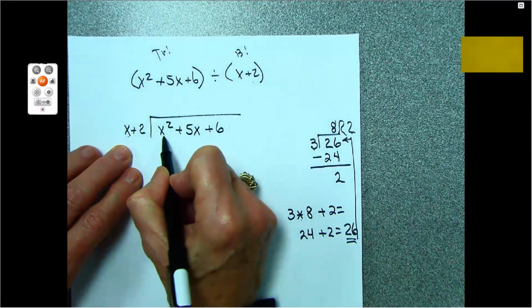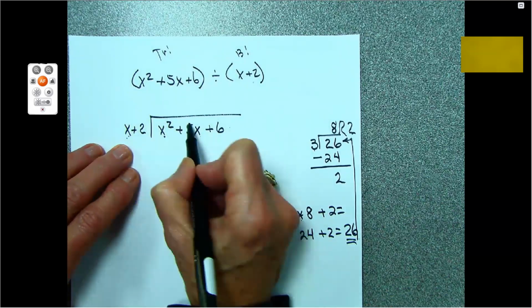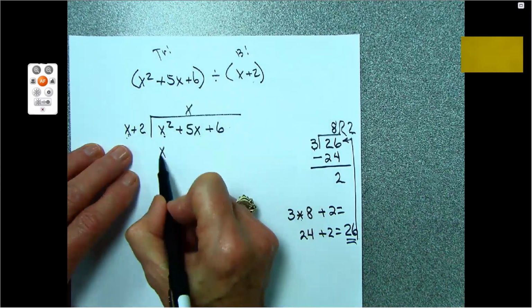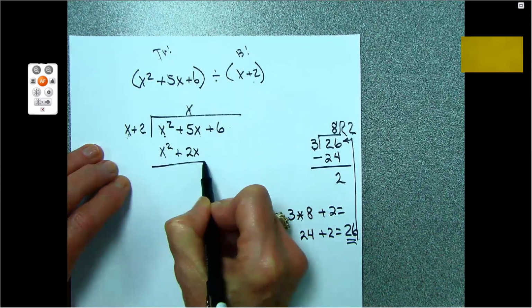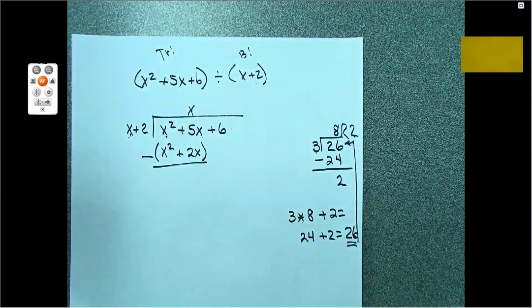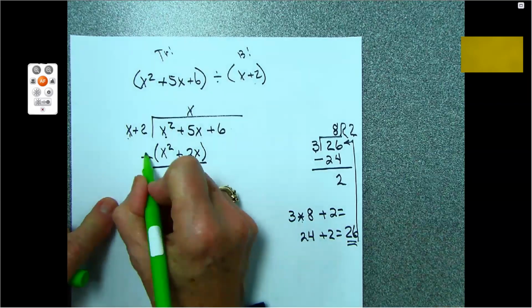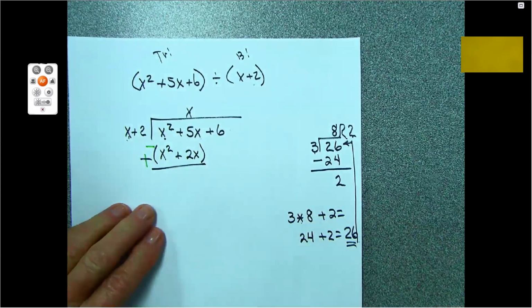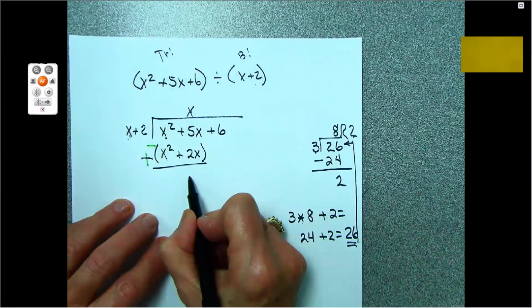X goes into x squared how many times? X times what will give you x squared? X. X times x would be x squared. X times a positive 2 is going to be a 2x. Draw your line. We're going to subtract the polynomial. Subtracting, we change subtraction to addition, and we take the opposite of the entire polynomial. So that goes to 0, and 5x minus 2x would be a positive 3x